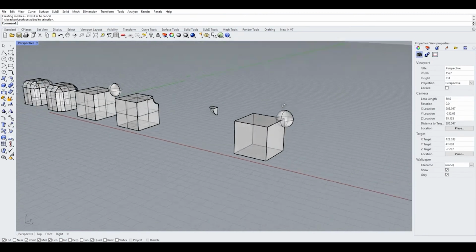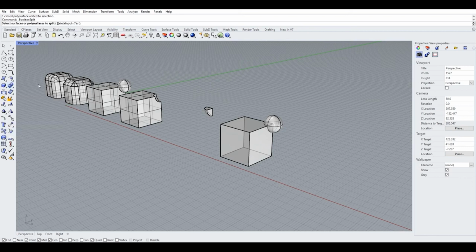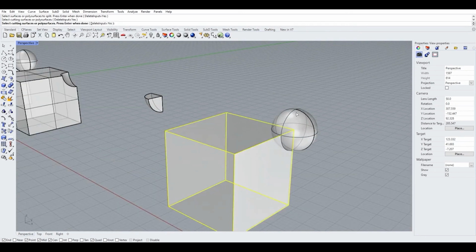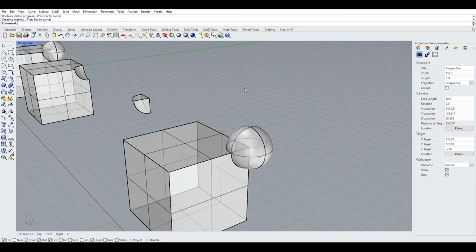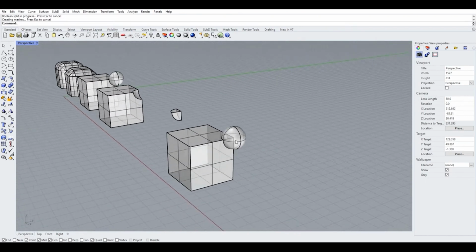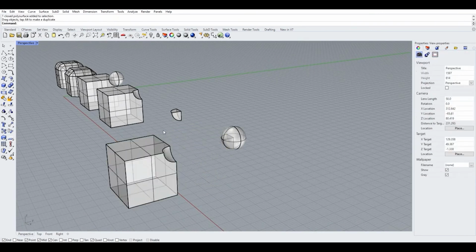And let's have a look at that last Boolean tool now. The last one is Boolean split. It says select surfaces or polysurfaces to split. I'm going to select both the cube and the sphere, and I'm going to hit enter. And now it says select cutting objects or surfaces. I'm going to select both again. Now, nothing happened. Or did it? I can now move my cube away, and you'll see I get the same result as I did with